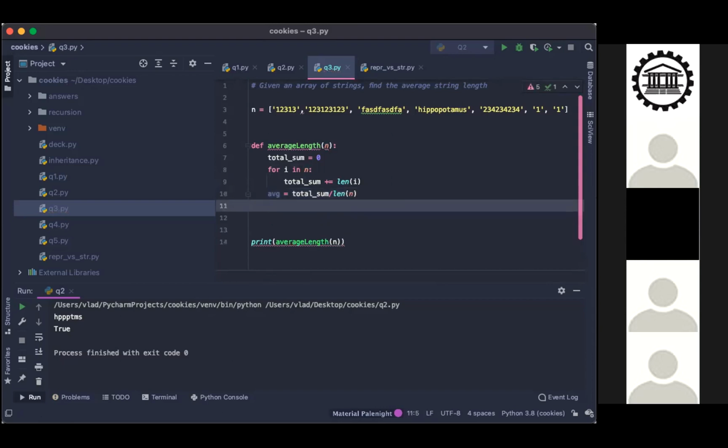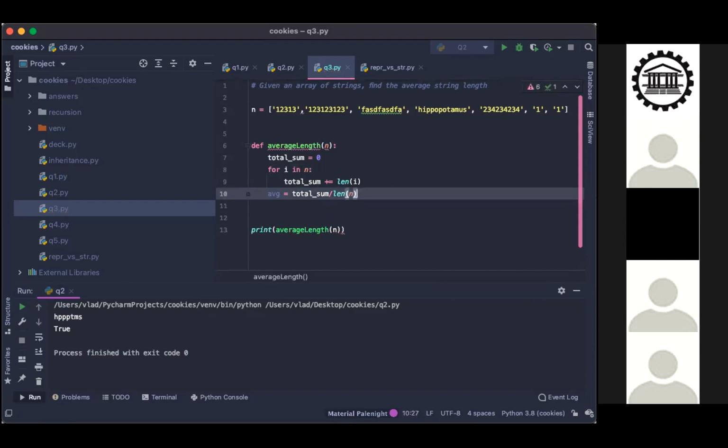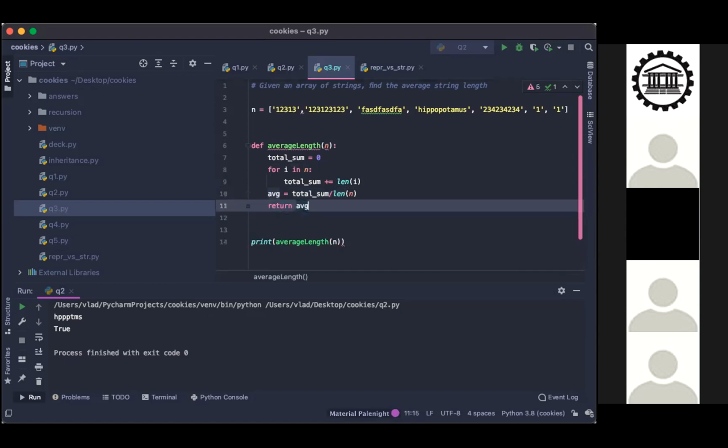Now, the length of a string, to me, doesn't sound correct to be a floating number. The length of a string can't be decimal or point something. So in this case, we would have to use integer division, so it would give us an integer result. In this total length case, it's okay, because it's the average, the mean. And then return AVG. Next line. Return AVG. All righty, let's try this one out.